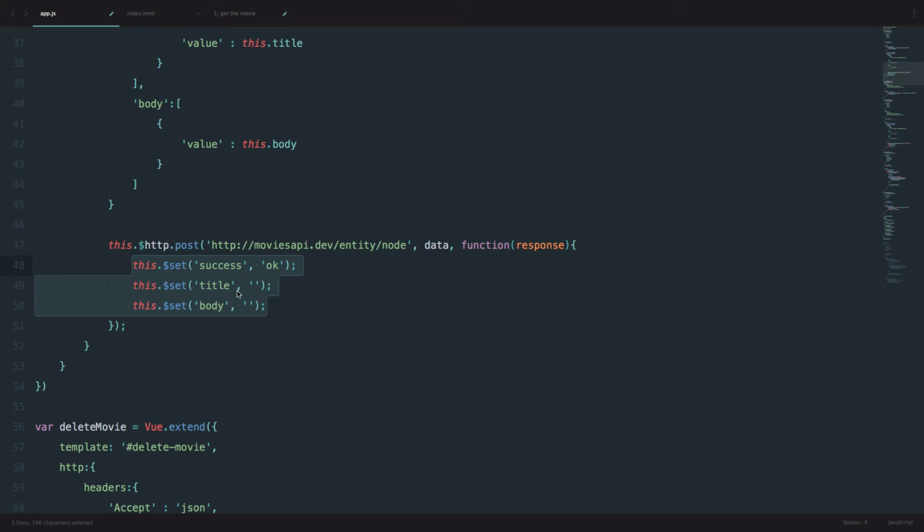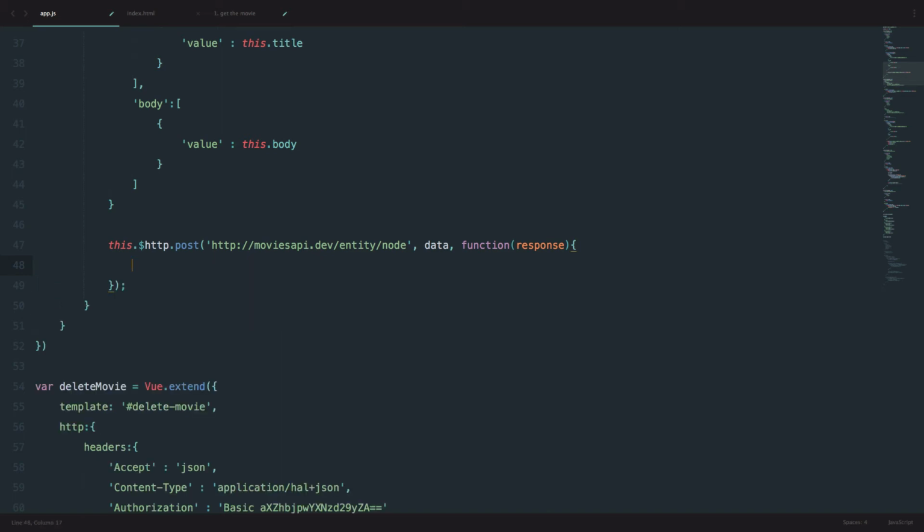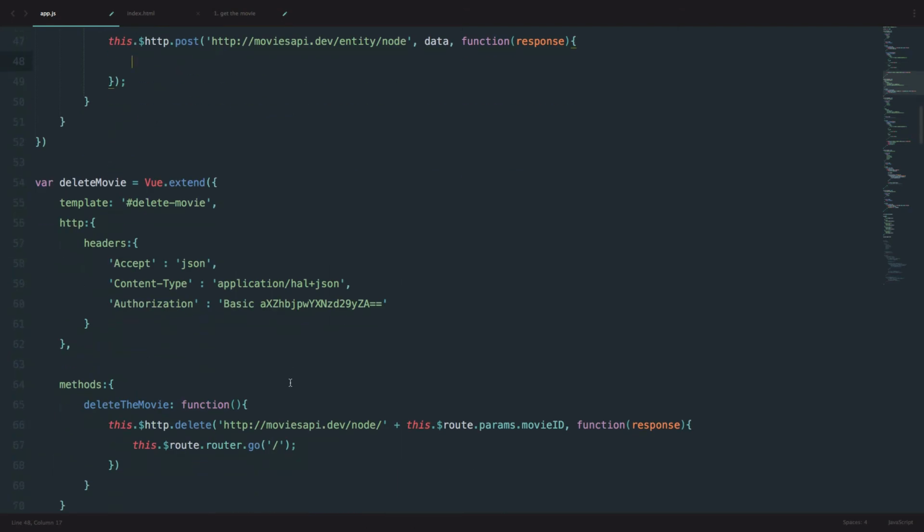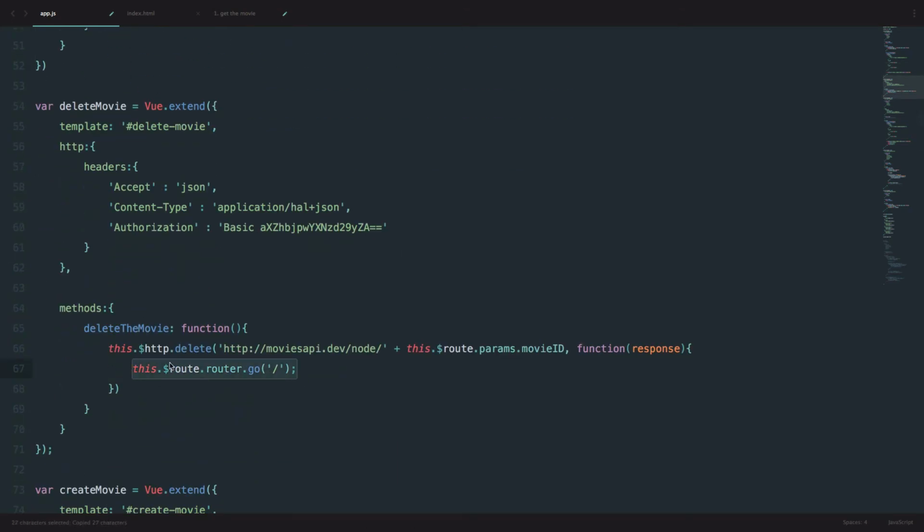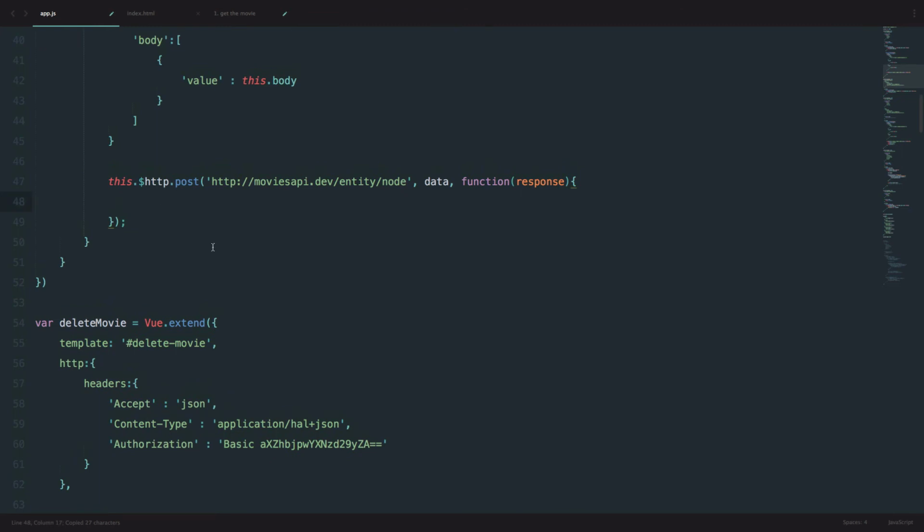Then we have to do a request to our Drupal API. So I'm just going to delete all of this because when we click the update button, I want to go back to our movie list. So we can just copy that out from the delete method. So when we update a movie, we will automatically go back to the movie list. And we have to change our URL. So the URL is not going to be movies API dev entity node,